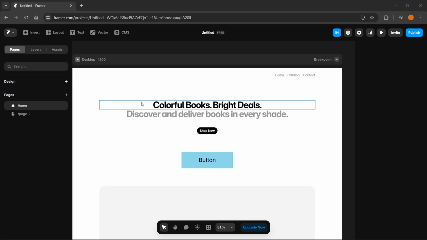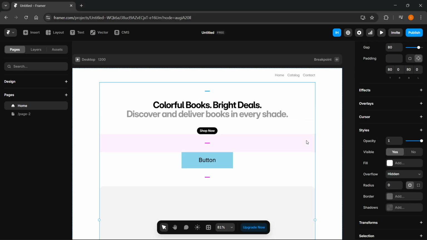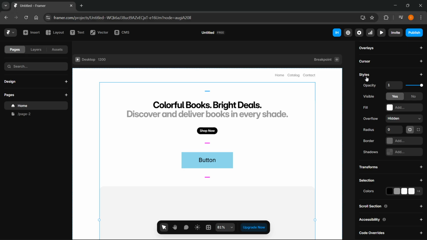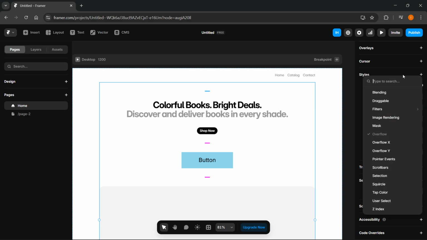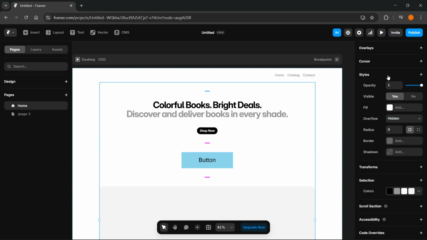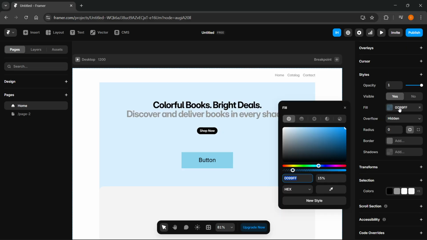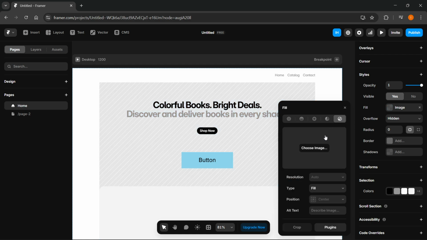So for example, let's say I want to add a background image behind this container over here. You simply want to click on it, and then when you have this box selected here on the right, you should see styles. Now extend this styles menu over here, and then where it says fill, you want to click on that, and then you want to click on this button over here, which will open up the image, and then you want to choose the image you actually want to add as the